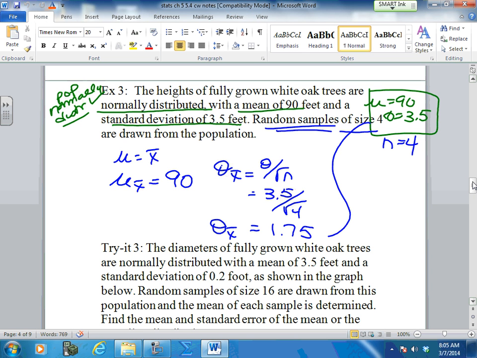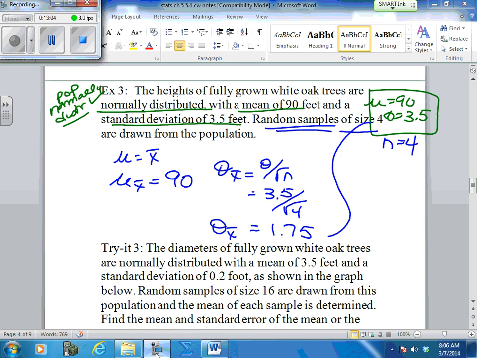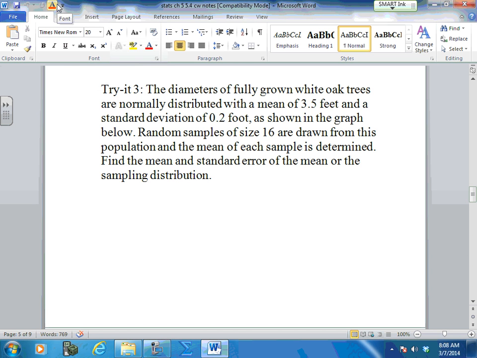Again, they're normally distributed. Pull out your mean. It's a different mean, a different standard deviation, and a different sample size. You have a population mean. Always pull out your information. It just makes your life so much easier. And a population standard deviation. You know you're good with this because your original population is normally distributed. If it's not normally distributed and your sample size is not bigger than 30, we just stop. We don't do anything. So we're going to take random samples of 16,